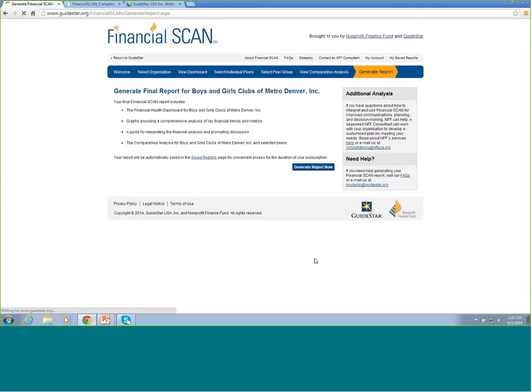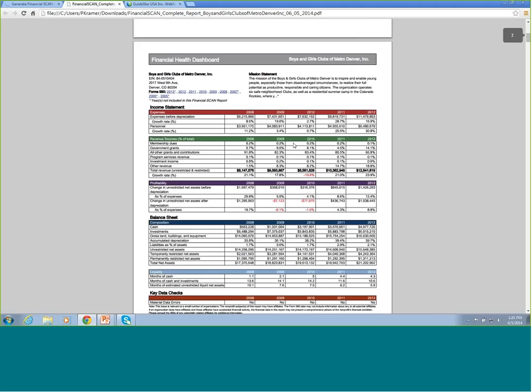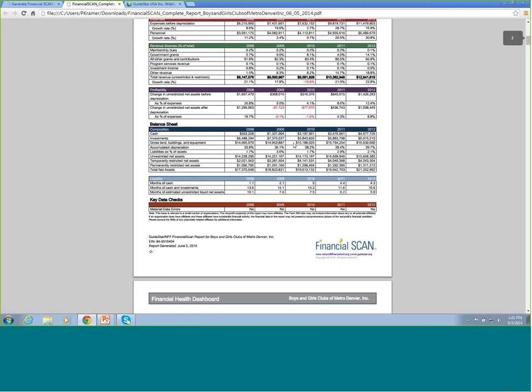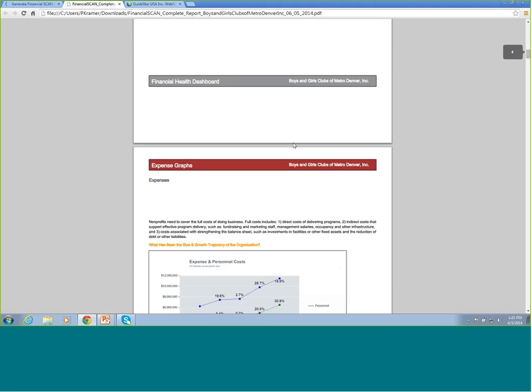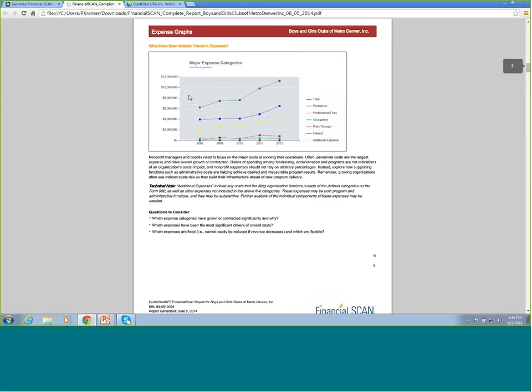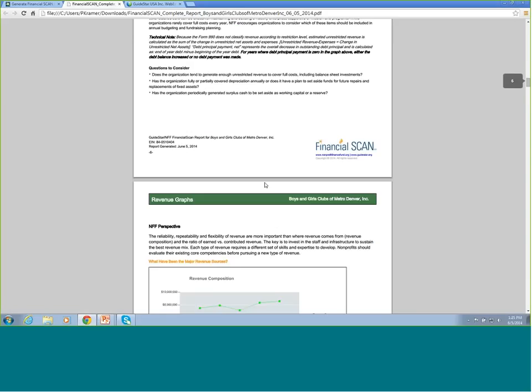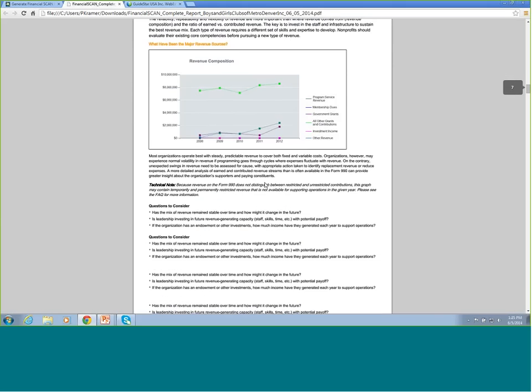So the last phase is then to generate the full report, and this is where the graphs come into the picture. So I've got my PDF report here, and all of the information that we've seen so far is included, so the financial health dashboard, but then also these 13 graphs that provide a little more detail. Looking at expenses, for example, there's a more detailed breakdown of expenses than appears on the dashboard. We look at full costs, what those estimations are for the organization and how they've changed over time, revenue composition,